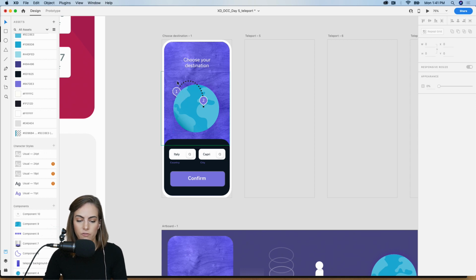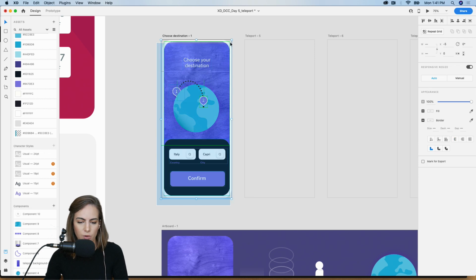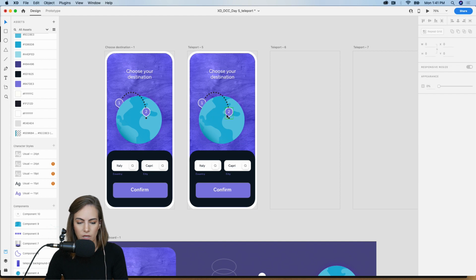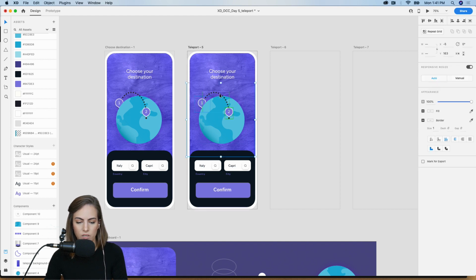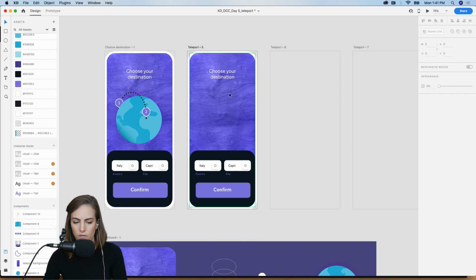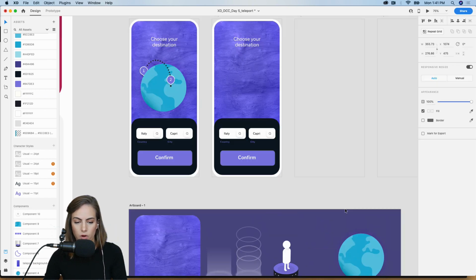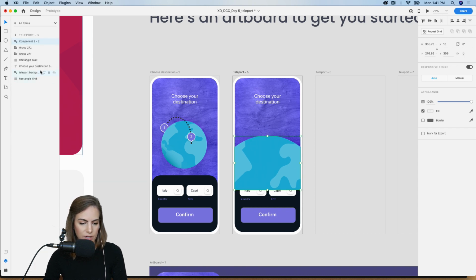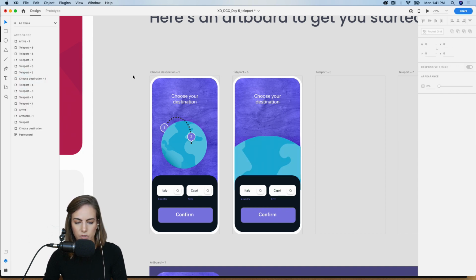We're just showing the first stop is where we are currently, and then we're going to the second stop. So we don't really need to say where we are right now, just where we want to go. So let's copy all of this. Most of it I want to stay the same on this page. We can delete this little depiction of the earth, and I'm going to use this bigger one right here. So let's bring this down, and I need to go in my layers. Let's see. Bring this up a bit. Okay, so we need that right there.